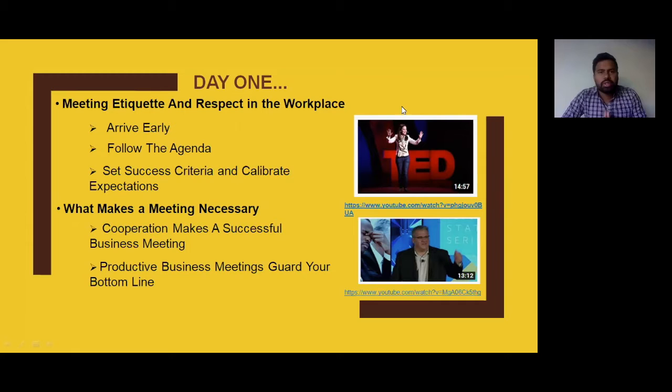So there are 3 things which an organization should keep in mind while conducting a meeting. First thing, the person who is conducting a meeting should arrive early to the meeting hall or to the meeting room, so that it does not give a laid back attitude to its employees. Secondly, follow the agenda. A person who is going to lead a meeting should follow the agenda and jot down the proper points so that they can be discussed in the meeting and the meeting is straight to the point and clear.